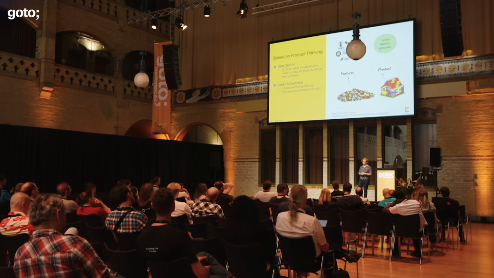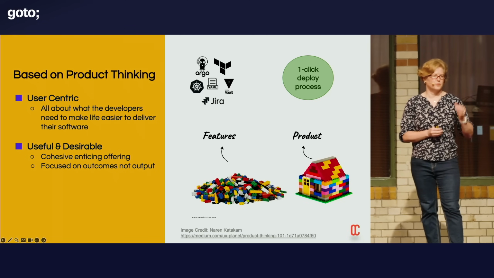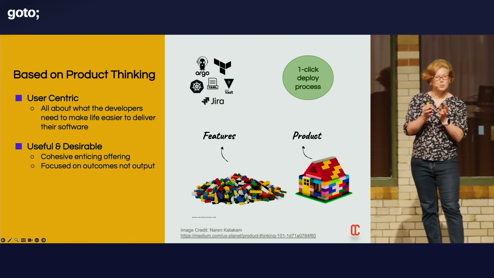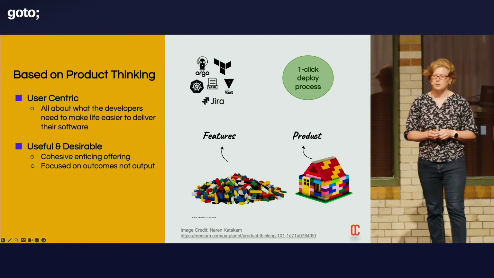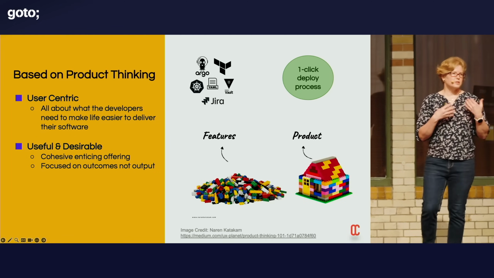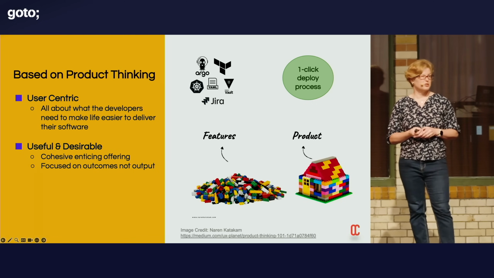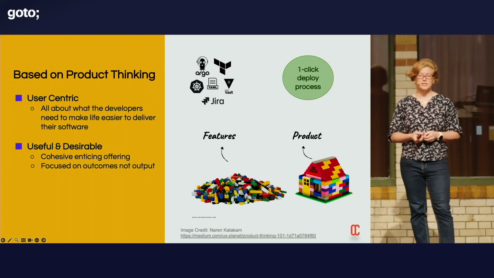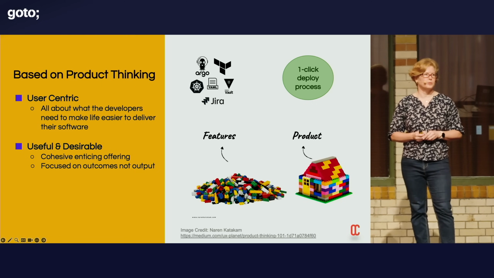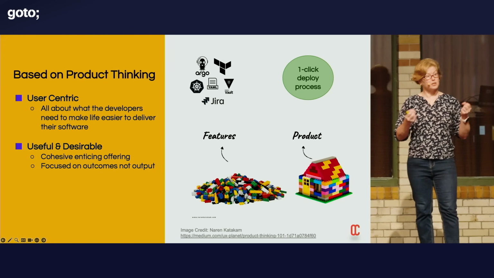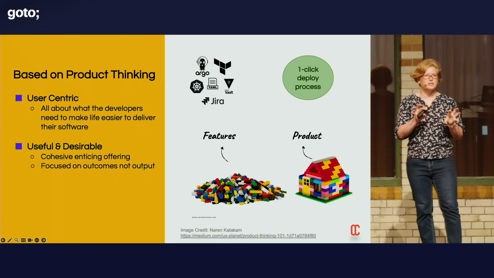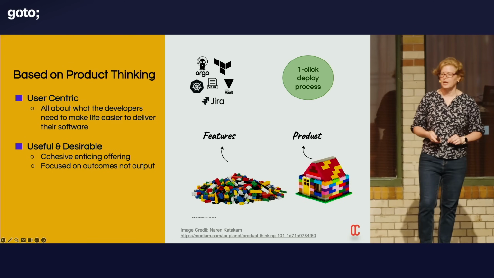If you think about a platform, your platform may offer particular things like secrets management through Vault, or pipelines, or Argo CD. Your developers and end users will generally not be interested in that. What they will be interested in is, how do I do one-click deployment? Just give me the easy way to go from A to B. Product thinking helps us think that way, not in individual features, but in how we solve the end problem.